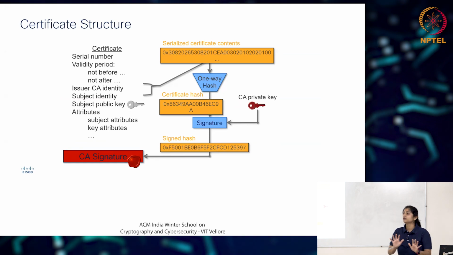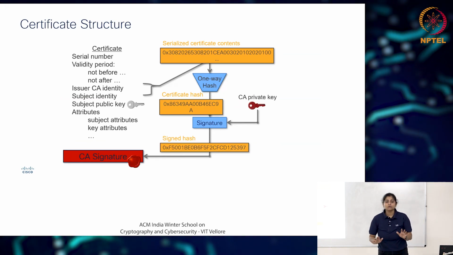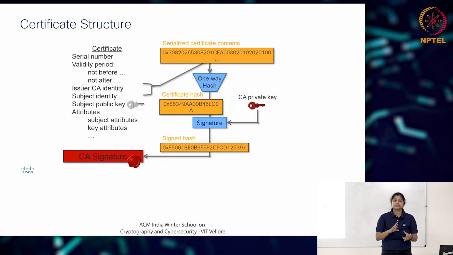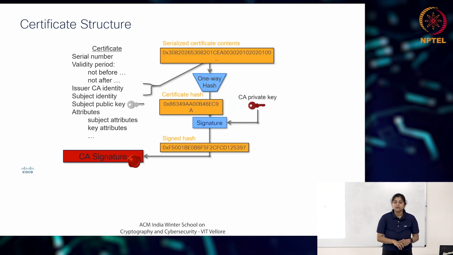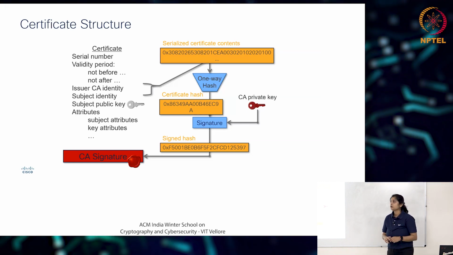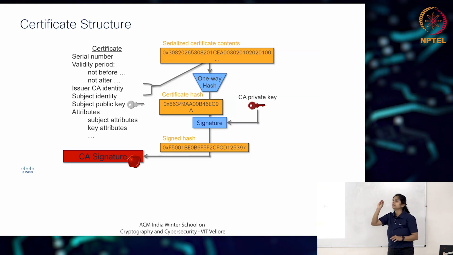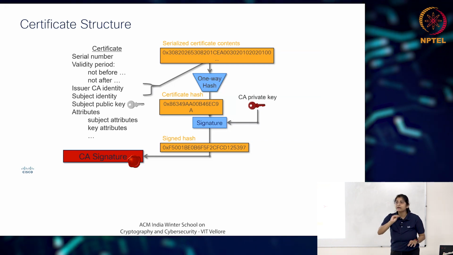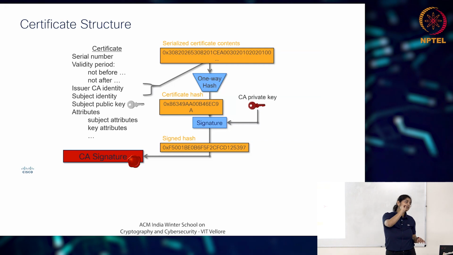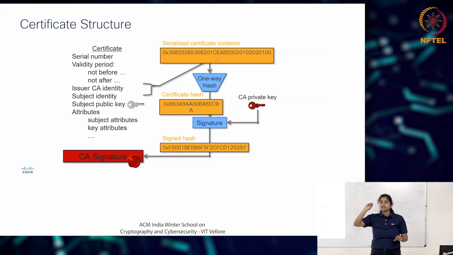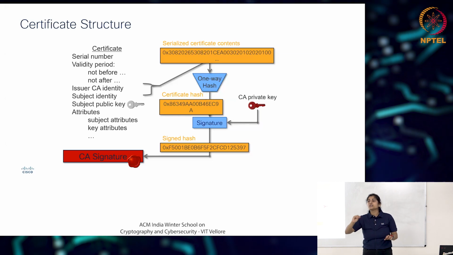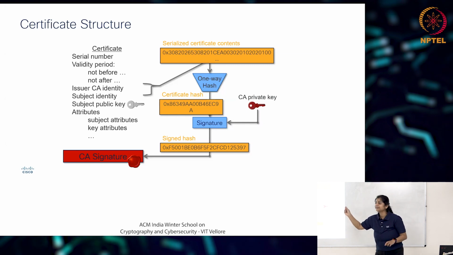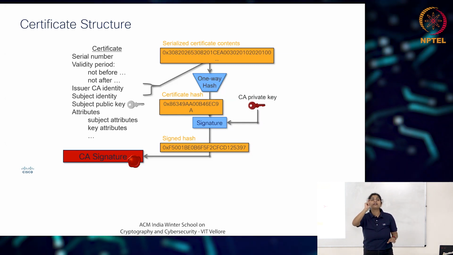This is how you get your certificate structure. You had the issuer's identity, you had your subject identity, you serialized all your information, and then you did a one-way hash. You gave all your information. Then the CA looks at it, verifies whatever public data you have, makes a decision that this is a genuine device and I want to issue its certificate, and it encrypts using which key? It's written right over there. The CA's private key. Why?